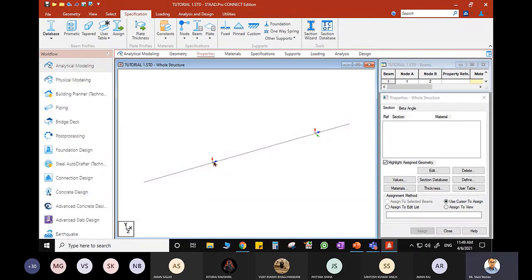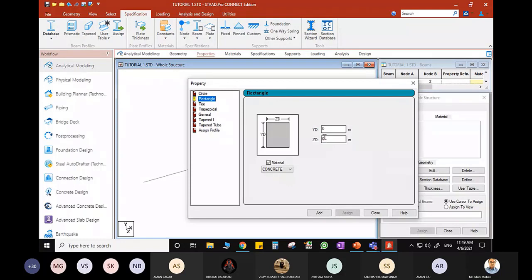This blue line indicates local x-axis, red line indicates local y-axis, and this green line indicates local z-axis. If you see the definition, YD means the depth along local y-axis. ZD means the dimension along z-axis. I'll repeat, YD is the dimension along local y-axis.